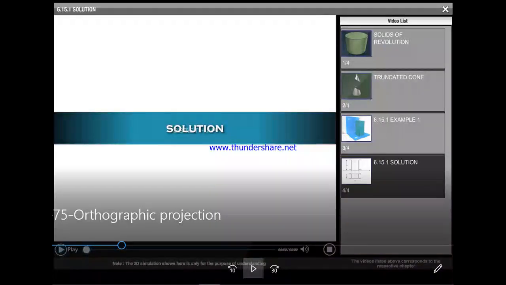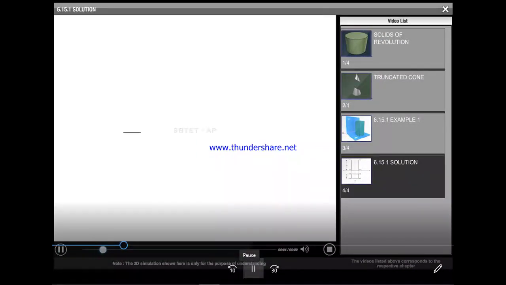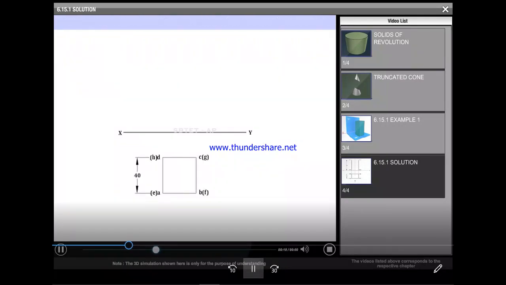Now the solution. Solution to example problem 1. Draw the view which will show the true shape of the base. In this case, the top view is to be drawn as per the given condition. Draw the corresponding front view.